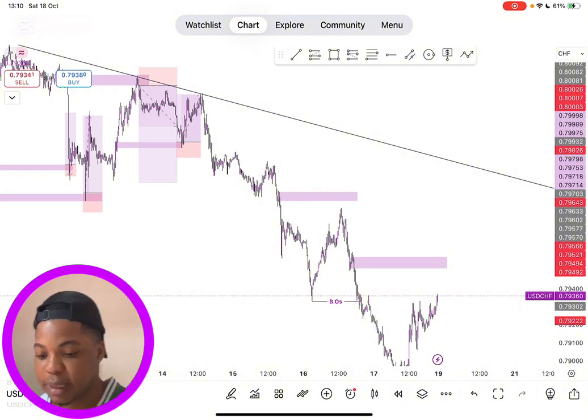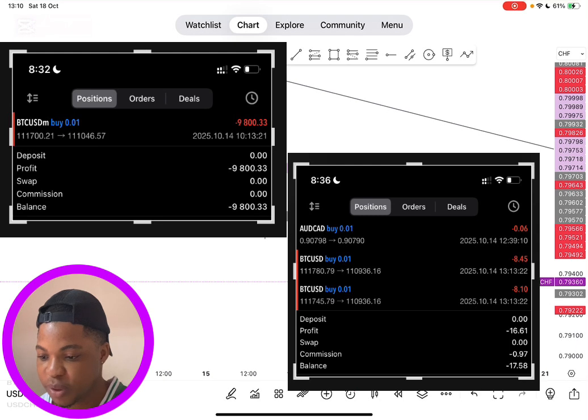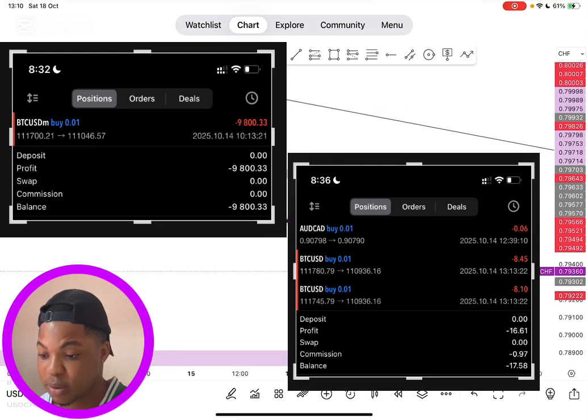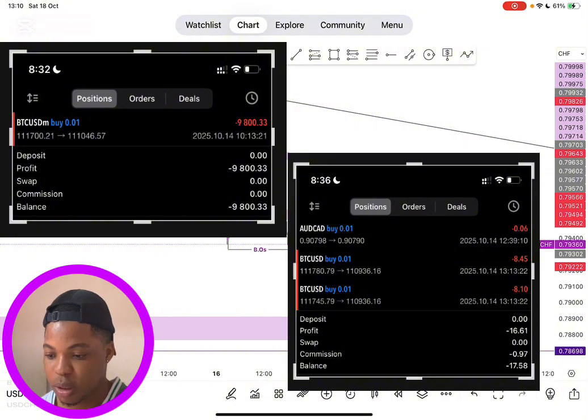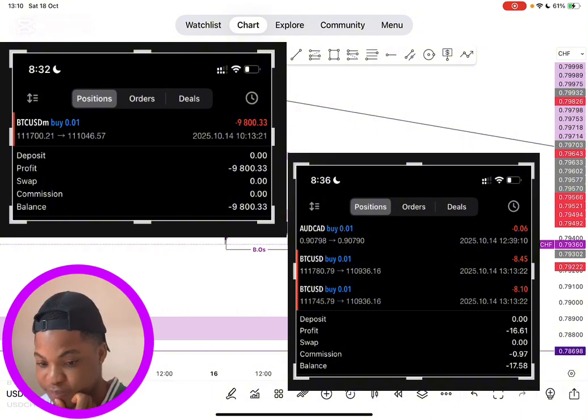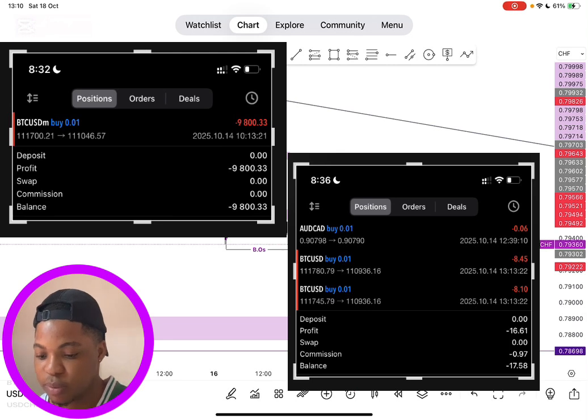So this is the P&L for the week. So you can see we lost about 9,000 plus here, and almost 20 here. So we'll come back again next week, repeat,